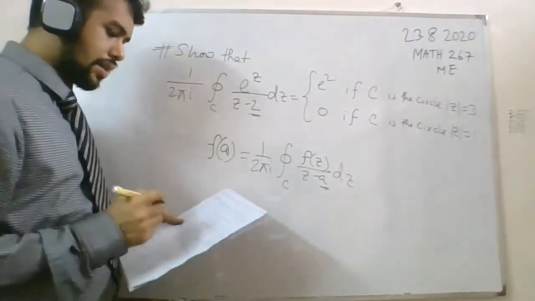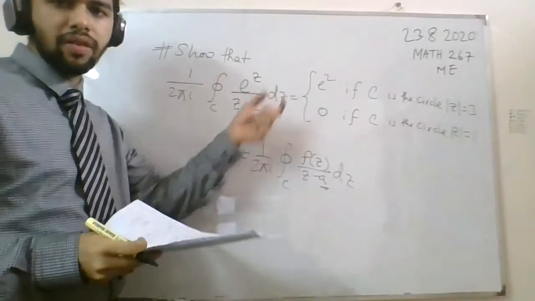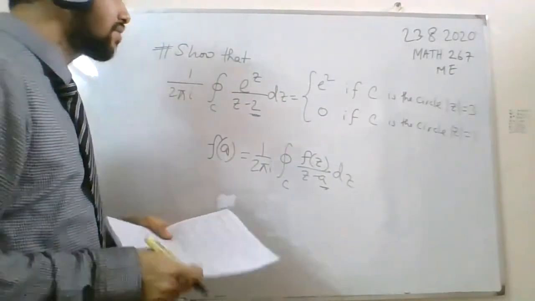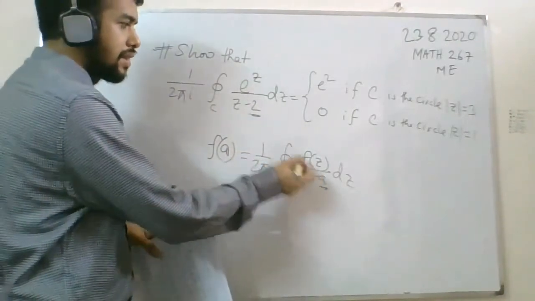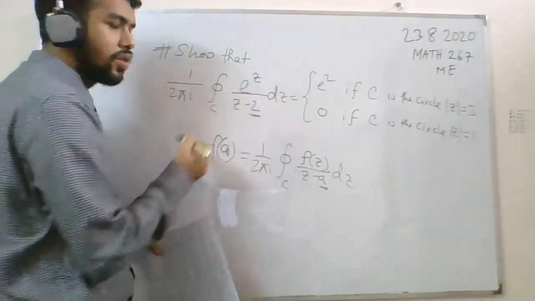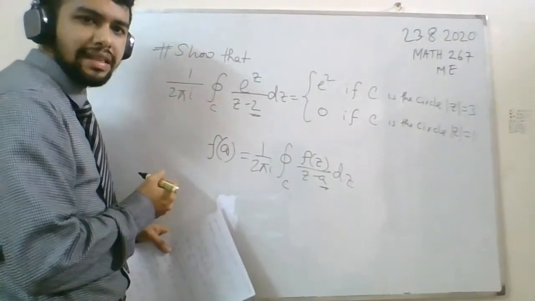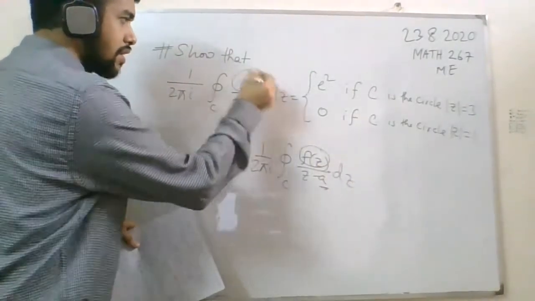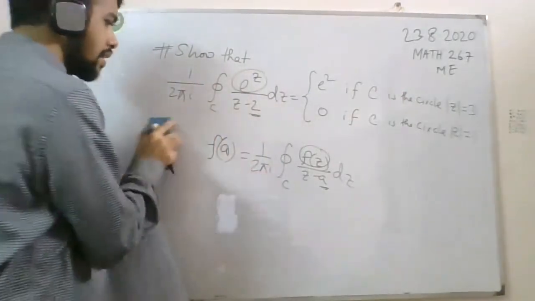Okay. Now just satisfy those conditions. Okay. তোমাদেরকে এই condition গুলো satisfy করতে হবে. So at first you have to let f(z) equals to e to the power z. Okay. So here our f(z) equals to e to the power z. Now